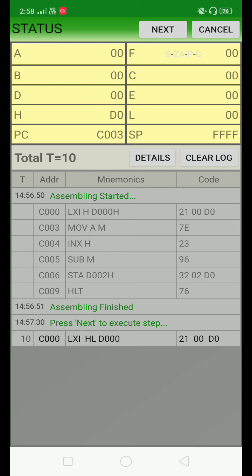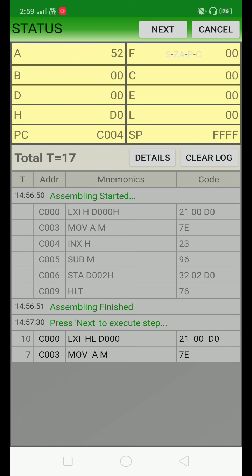So let's click on the next. So after execution of this MOV A, M, in accumulator you will get the data that you have stored at location D000. So what we have stored? We have stored 52 hex at D000. That 52 you must get in register A. Just see here, the next instruction gets executed, MOV A, M, and in the status field in accumulator we are getting here 52 hex, okay.